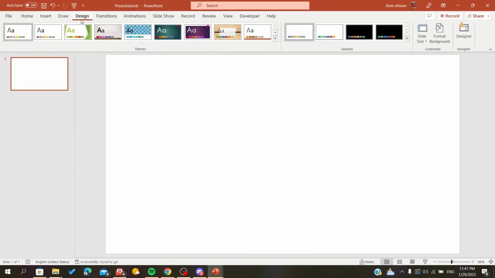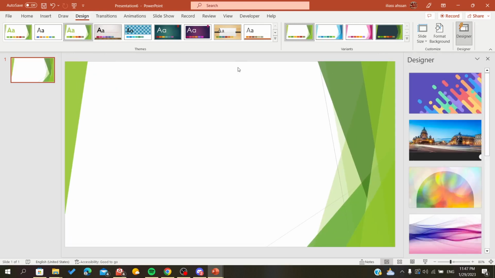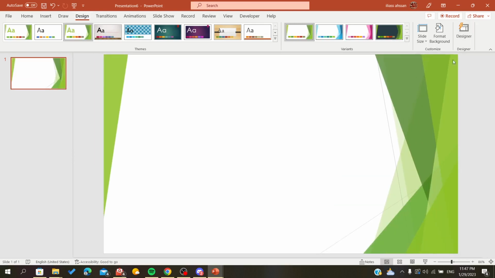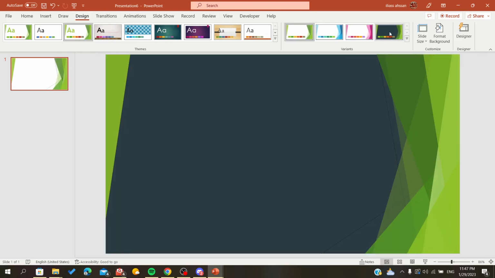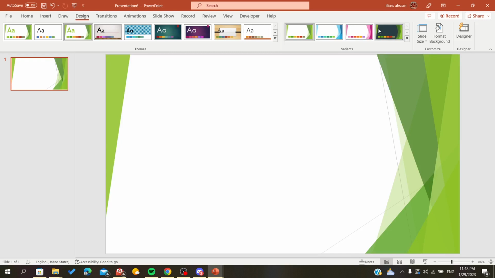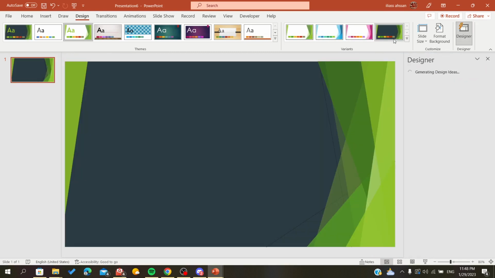So we are going to the theme design or the design menu and choose a theme, and here in the variants we will find these things. So you can choose from the variants and choose the colors that you want, for example this one or whatever